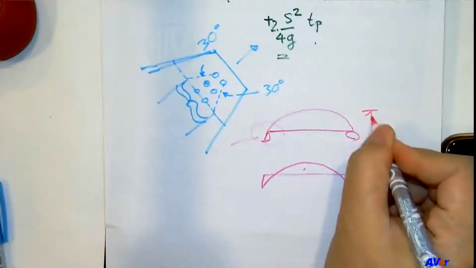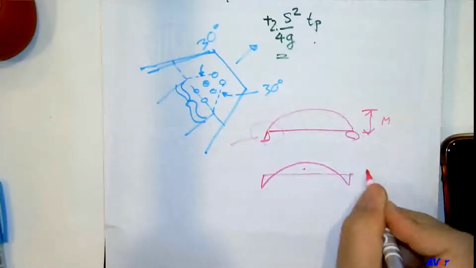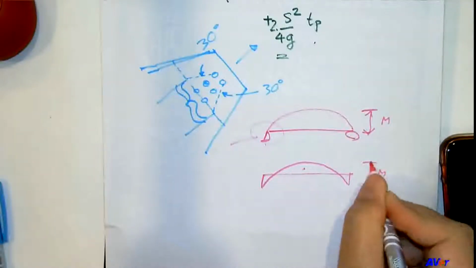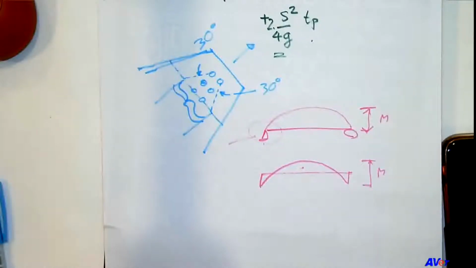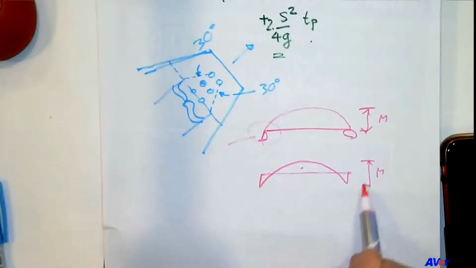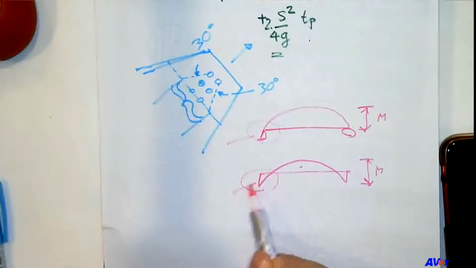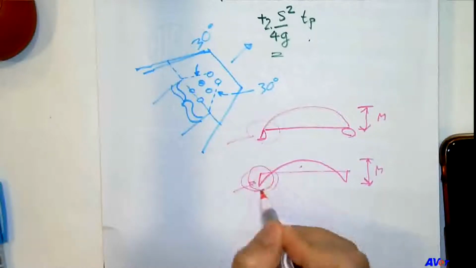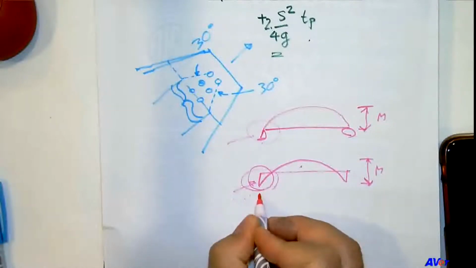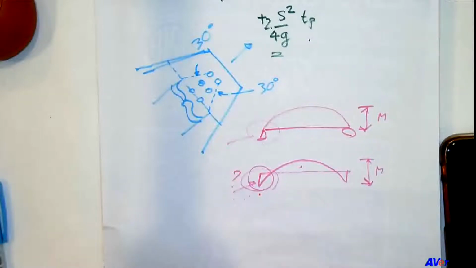Because right here it's the same M. Correct? It's a moment envelope. So the question is, for the moment induced here by the details, do we consider our details to carry the moment? That's the question. The beam will be fine,